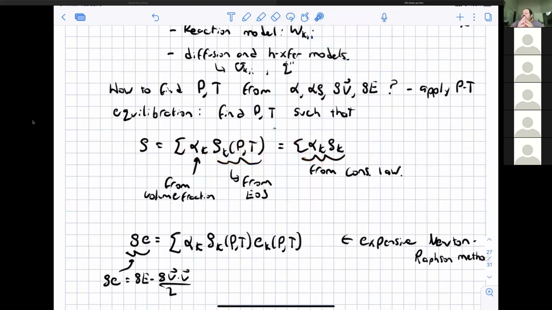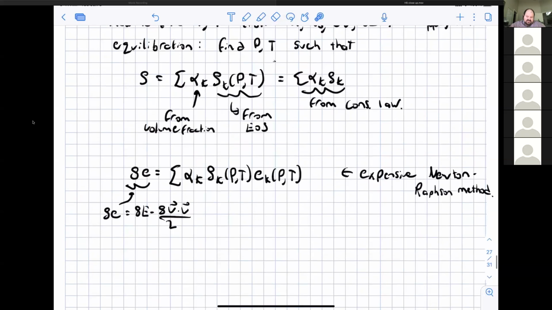But that only gives us one equation, and the other equation that we use is to ensure that the mixture internal energy, and basically rho small e is just rho cap E minus the kinetic energy, is equal to the sum of the volume fraction, which we know, and the equation of state for the density, and also the internal energy